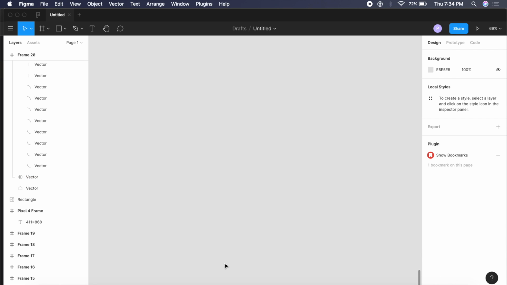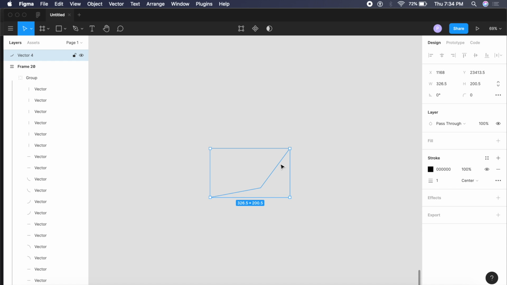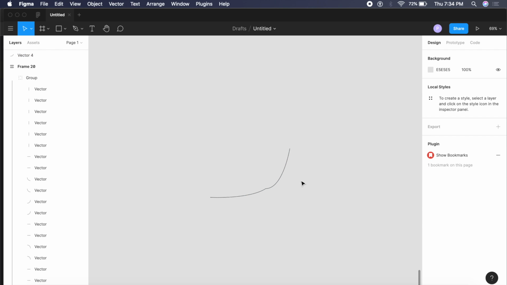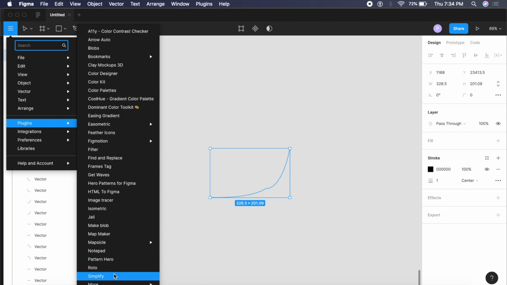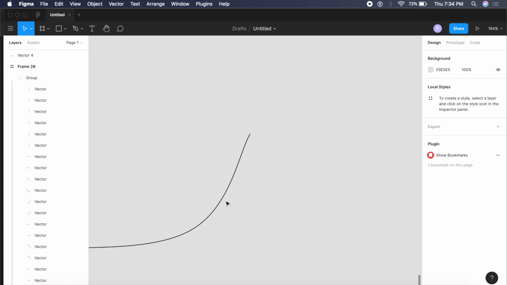Okay, so the next plugin is for guys like me who are very lazy in creating cool vectors or curves in Figma. So as you can see, I can just put a curve right here, but it might not be leveled, or it might be something like this. But I can spend time fixing this, or just select it, go to plugins and have a really cool plugin called Simplify. If I click on Simplify, see how it's simplified that curve, and now we don't have that bump which was there about a minute ago.